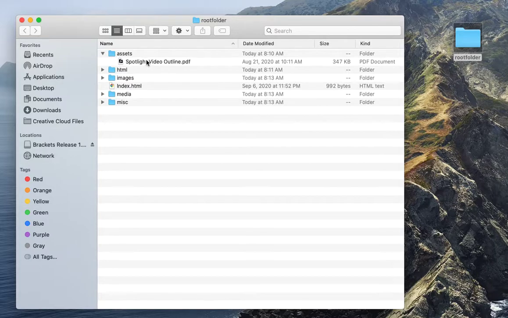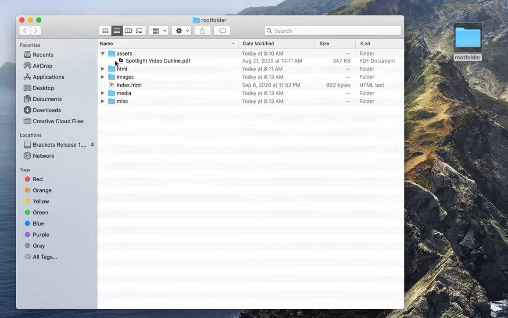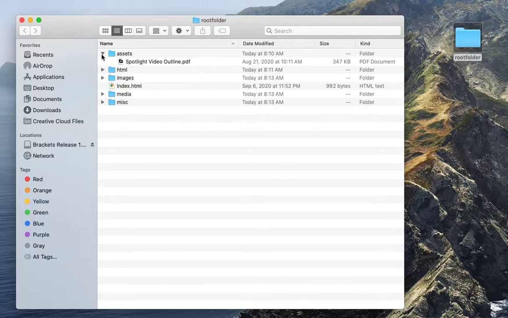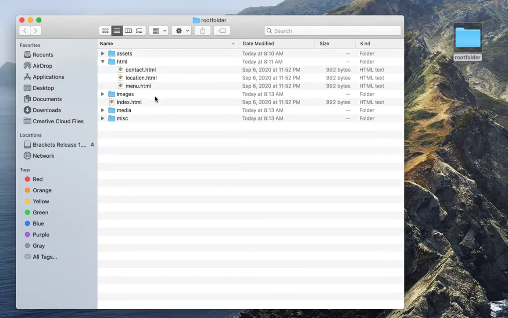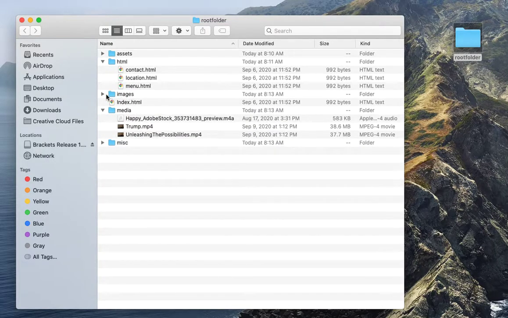The assets folder will be things like PDFs and other things that you might use later on, things that you could download like white papers and that kind of stuff. HTML is going to hold all your other pages. If we look at the pages I have here, the index is the home page, and then contact, location, and menu. These are just ones I came up with. You should come up with your own, but these will be the subpages. So when I go to the home page, I will be able to click to these three pages. And then I have an images